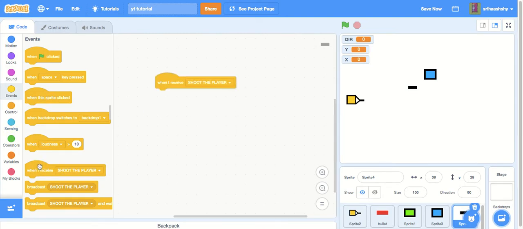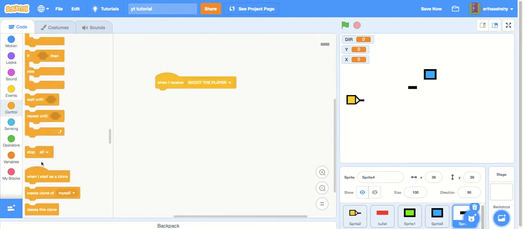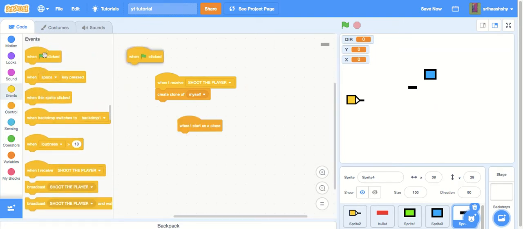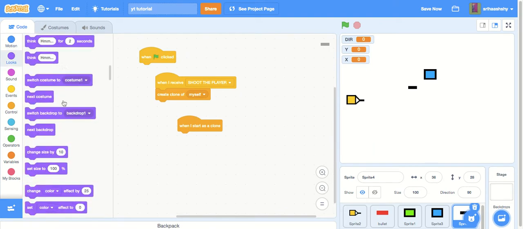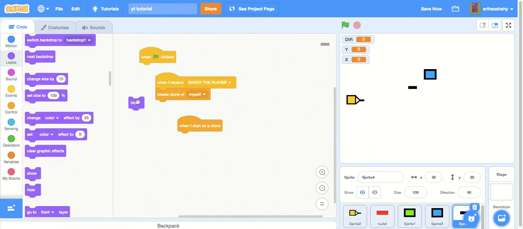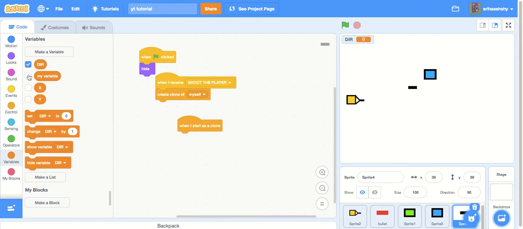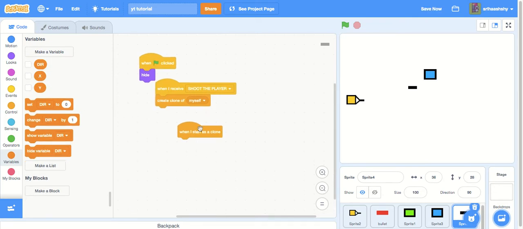When I receive shoot the player, create a clone of myself. So when I start as a clone, and when green flag clicked, click on hide. Okay, so when I start, we will hide these variables. We don't need my variable, so I'll delete this. My variable, when I start as a clone,